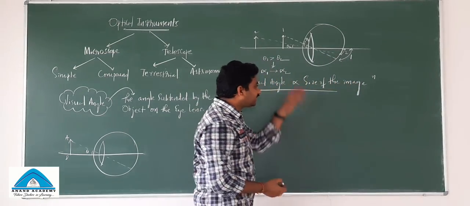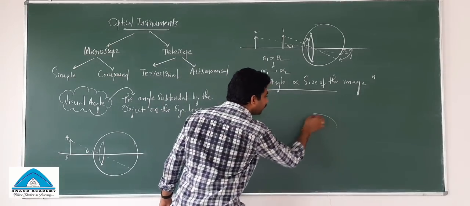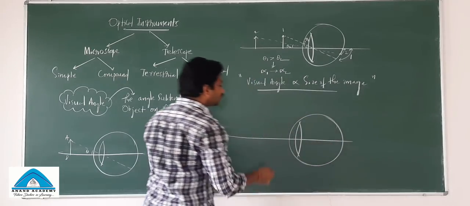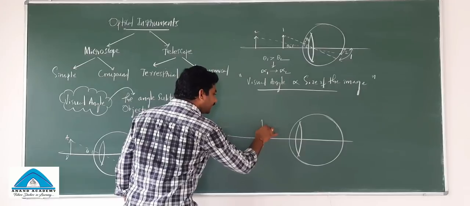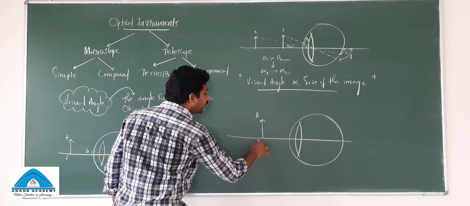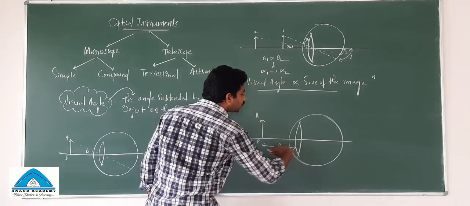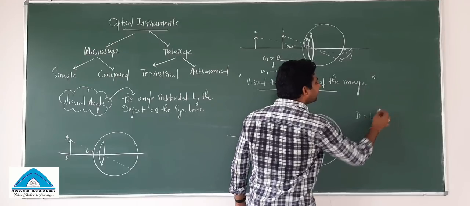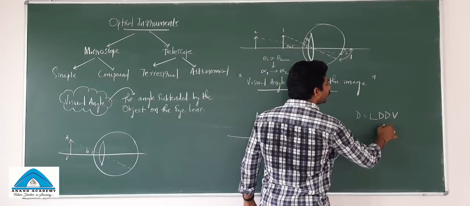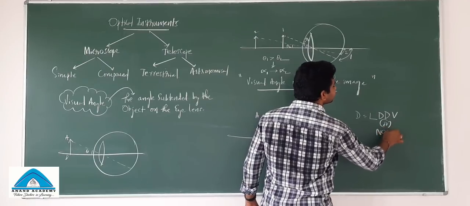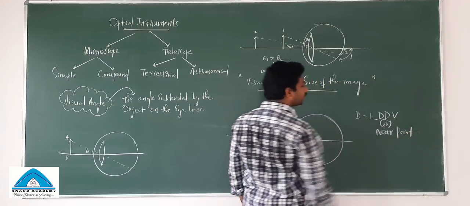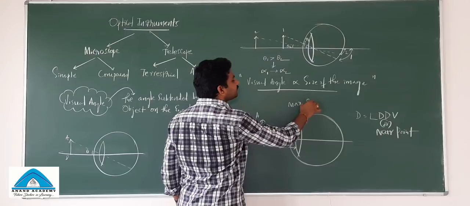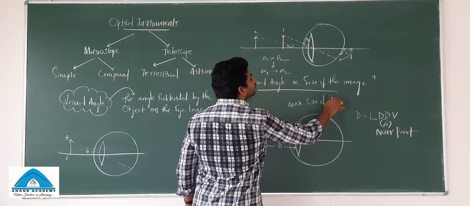Any derivation you take, that diagram, just draw it here, you can carefully look at it. So this is the human eye, and this is the reference line, you can say it is the principal axis. So imagine I have kept the object which is AB at a distance D. D is what? 25 centimeters. So this B I can write here, which is called least distance of distinct vision, or I can also write this as a near point. This is the most important point. So where we can see, in this case, the maximum size of the image.